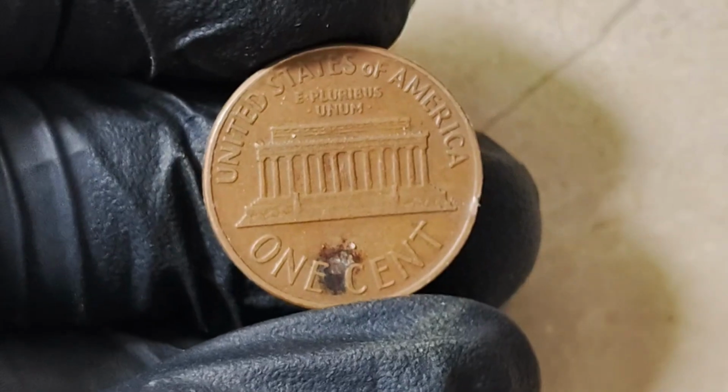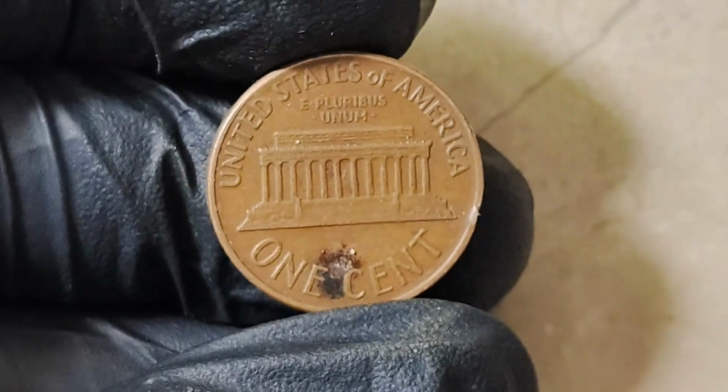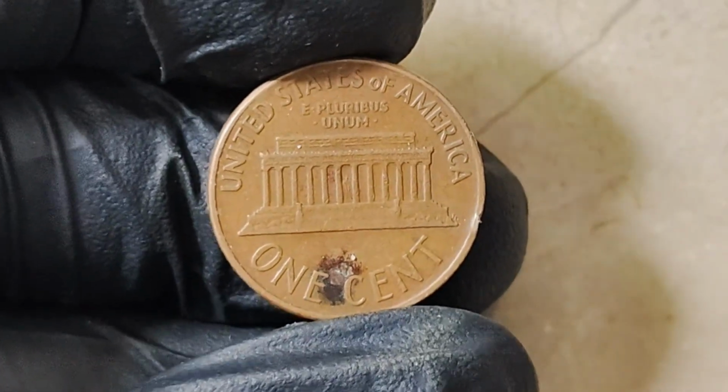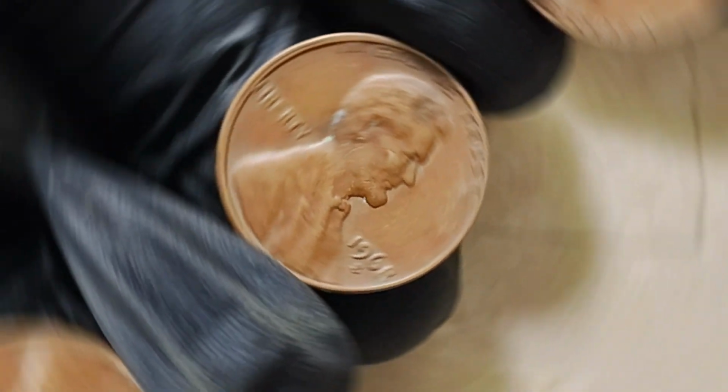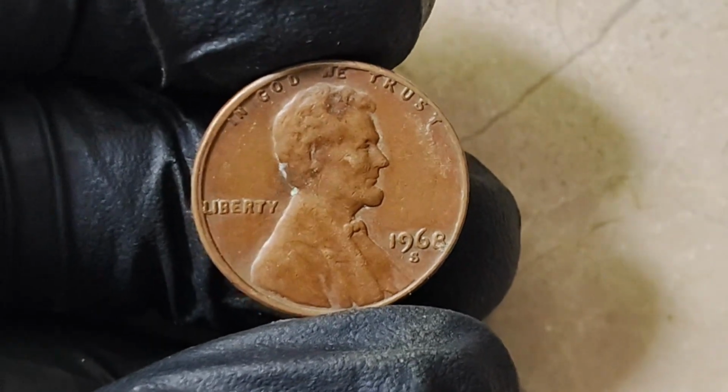Weeks passed. Then the call came. You might want to sit down, the voice said. His casual find was authenticated as one of the rarest 1968 error pennies ever discovered. Estimated value? Over $1 million. His life changed in a single phone call, and that brings us to you, because this coin isn't locked away